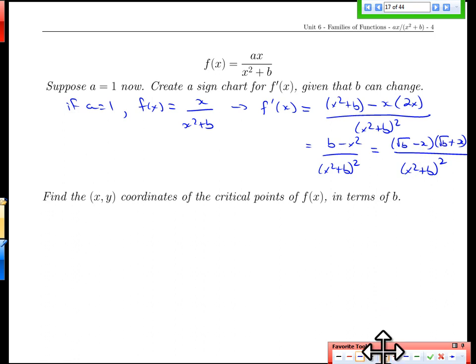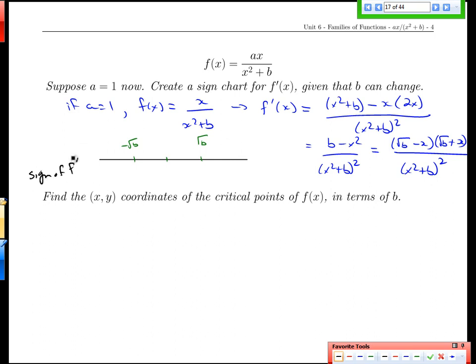And what does that lead us to? Well, this is very similar to our earlier example. And there what we found was 0 was a reference point, and we had 1 and negative 1, but now it's going to be negative root b and root b. We're going to find the signs of the derivative